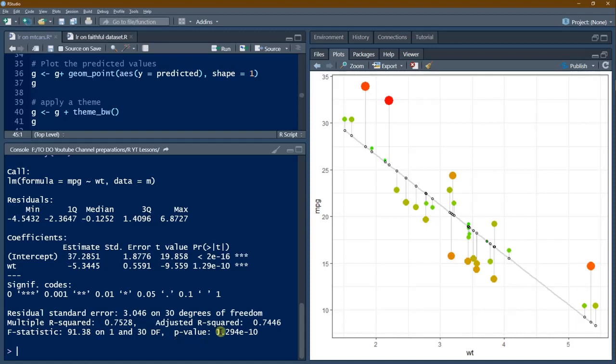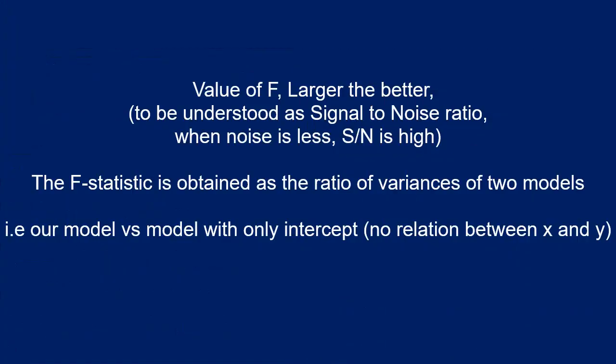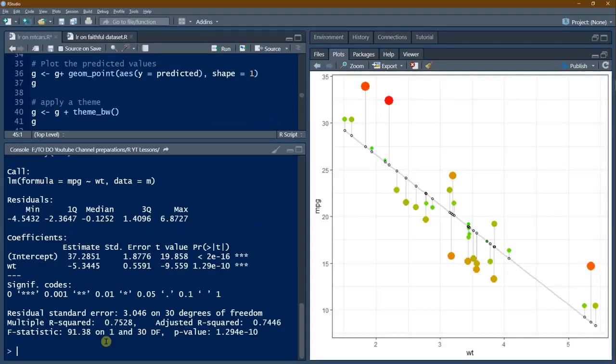Here we are getting a p-value. This p-value can be obtained only when you find an F statistic. And F statistic you find out based on the ratio between the variances of two models. In this case, the model which we have obtained and a model in which, let us say, there is no relation. So between these two models, the ratio of the variances gives you F statistic.